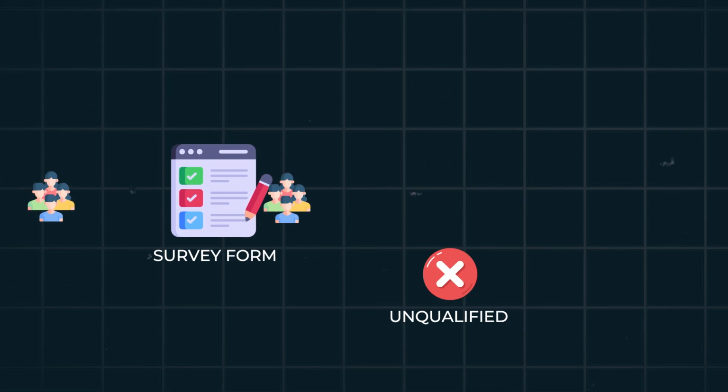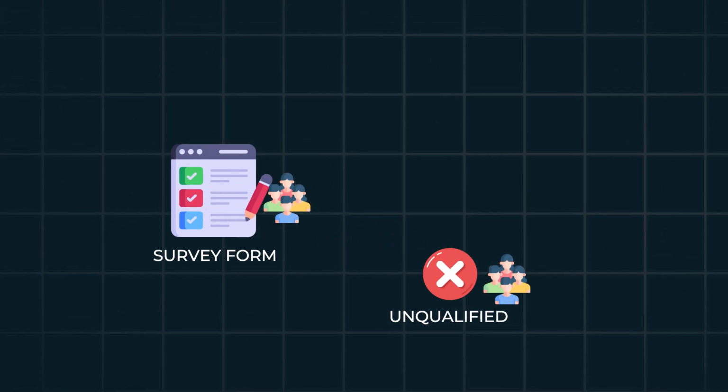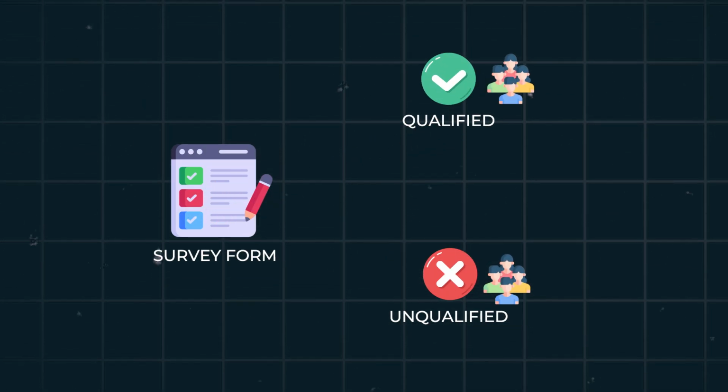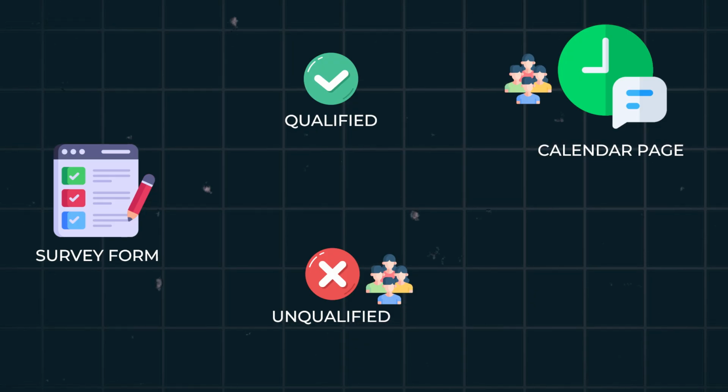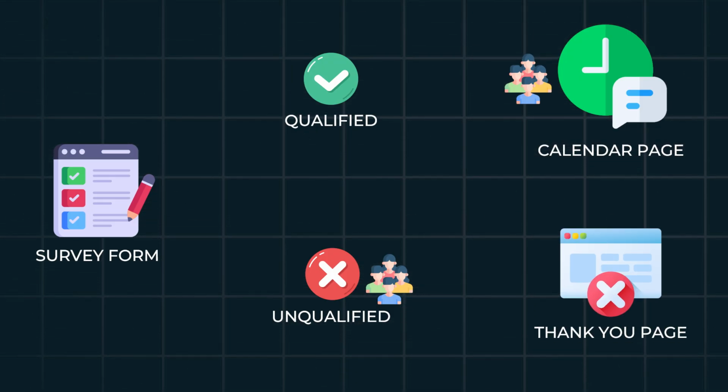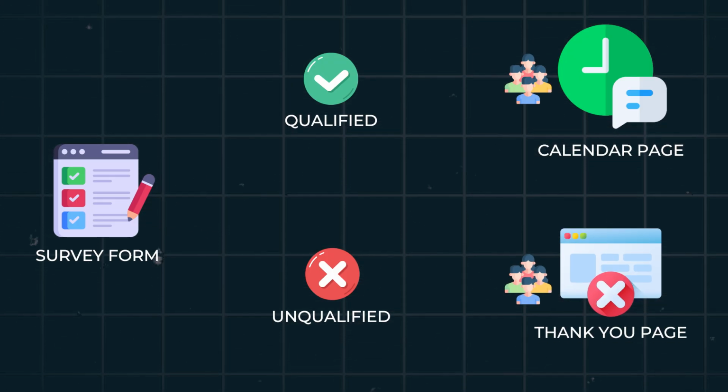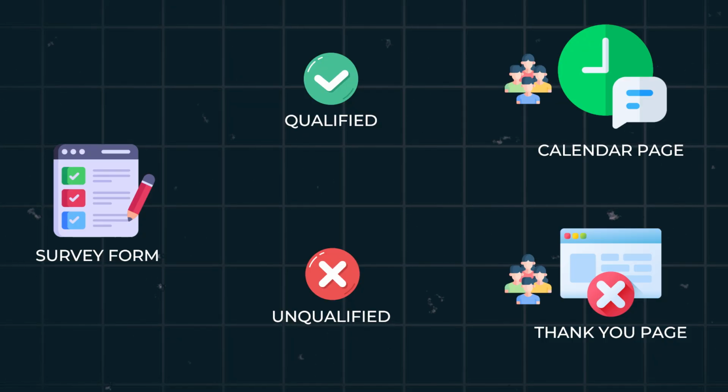Then, after they've completed the survey or application, you should have 2 pools of people: the ones who filled it out and did not quite meet the standards or qualifications you were looking for, and the ones who did. The ones who are qualified should be sent to your calendar page to book a call, but the ones who are not qualified should be sent to a different thank you page that does not have your calendar on there. And don't worry, I'm going to show you how to set all of this up,